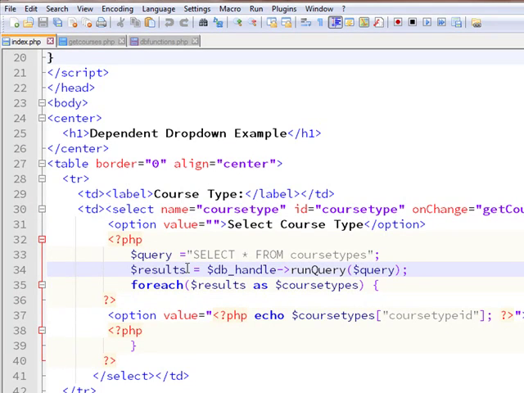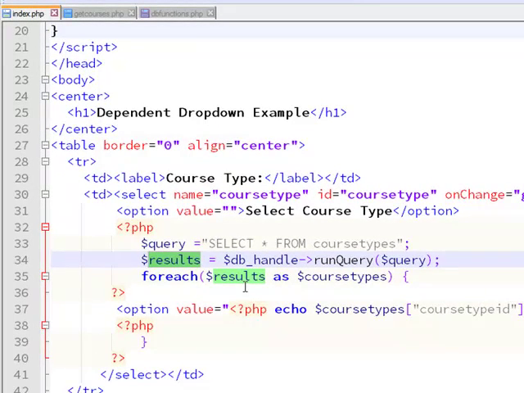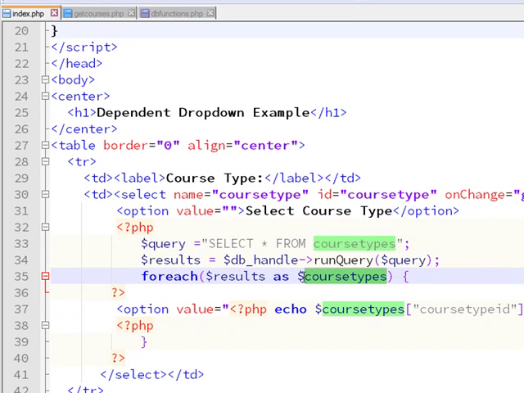So that array object will store into this results variable. Here we are using a foreach loop. For each loop, whatever values are there in results, it will put into this courses types array variable. This one is a temporary array variable. So here there is a loop